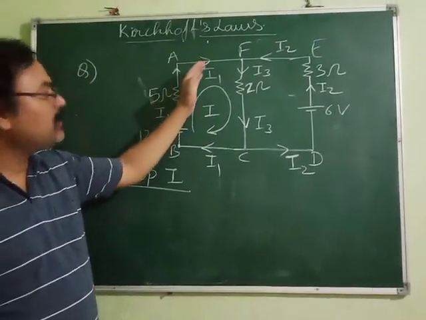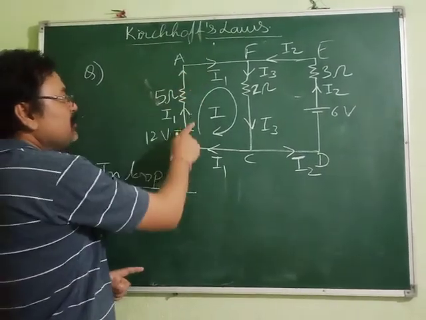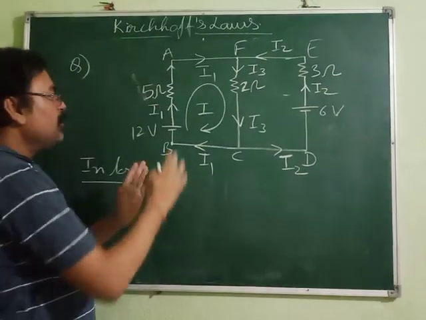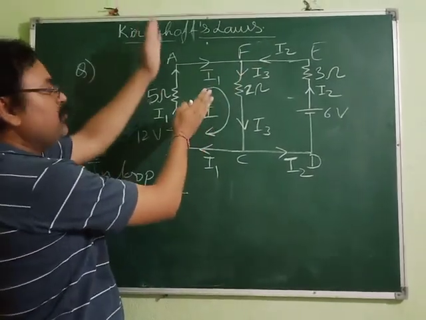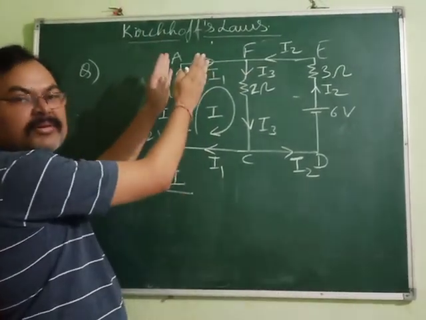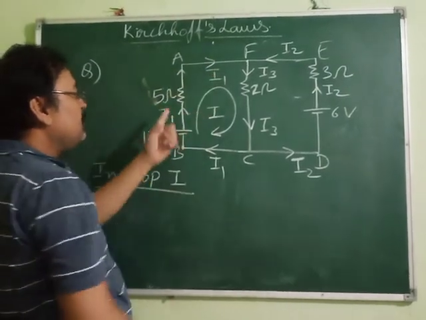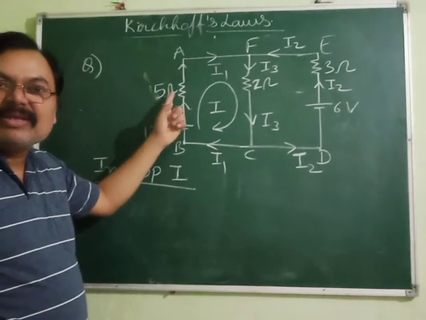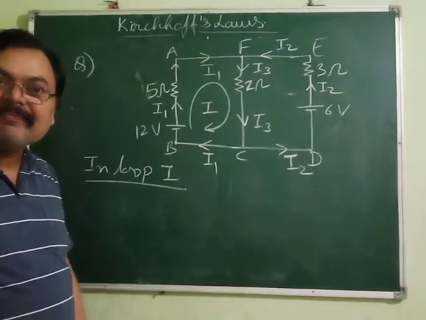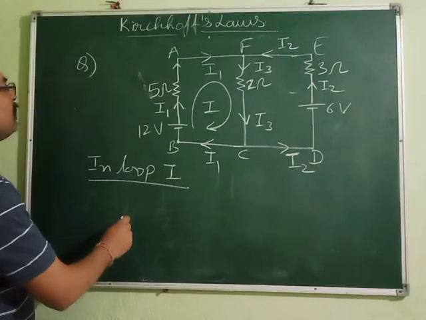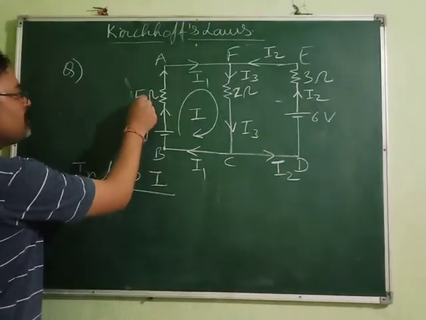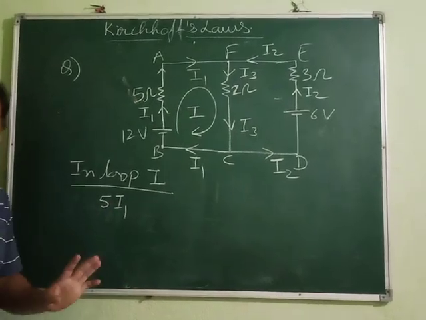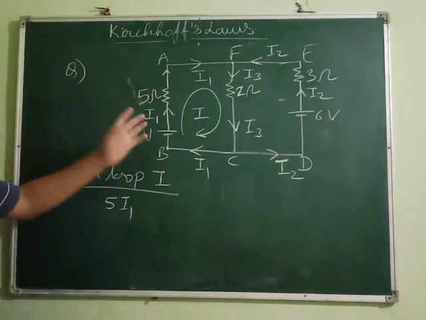So when you are going like this, you are moving in the upward direction first. And what about the current through this resistor? It is also going in the same direction. Both you are moving like this and the current is also going like this, so both have the same direction. As both have the same direction, according to the sign convention you have written, the potential difference across this will be positive or negative? Positive, correct. So the current is I1, resistance is 5 ohm, so 5I1 is the potential difference across this.